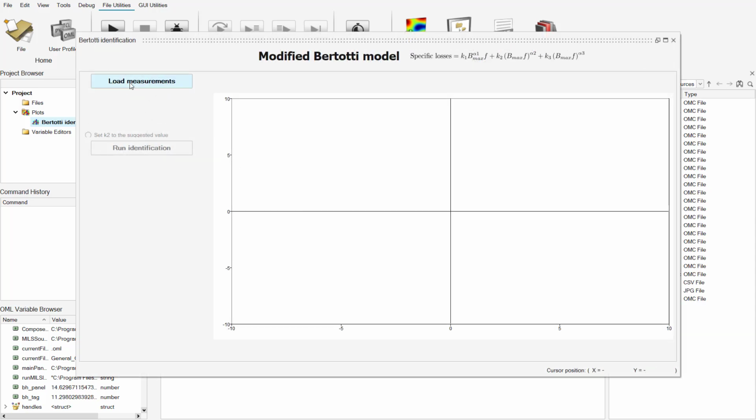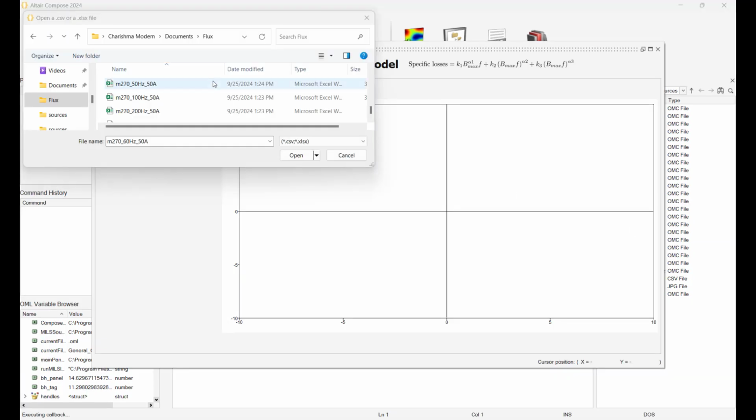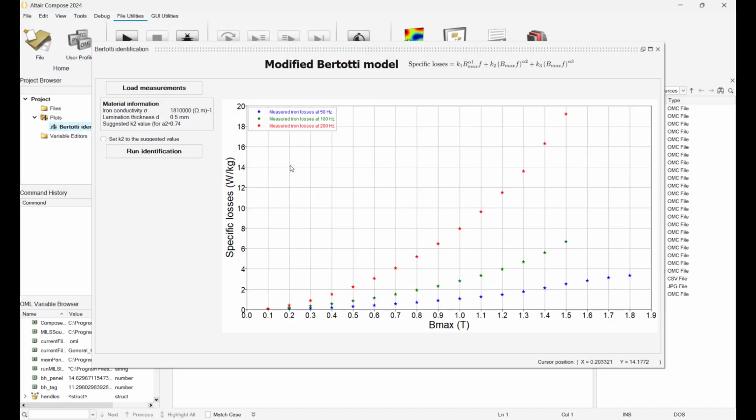Now click on load measurements to select the Excel files of 50 Hz, 100 Hz and 200 Hz. Once the data is correctly loaded, you can see the data in the graph window.